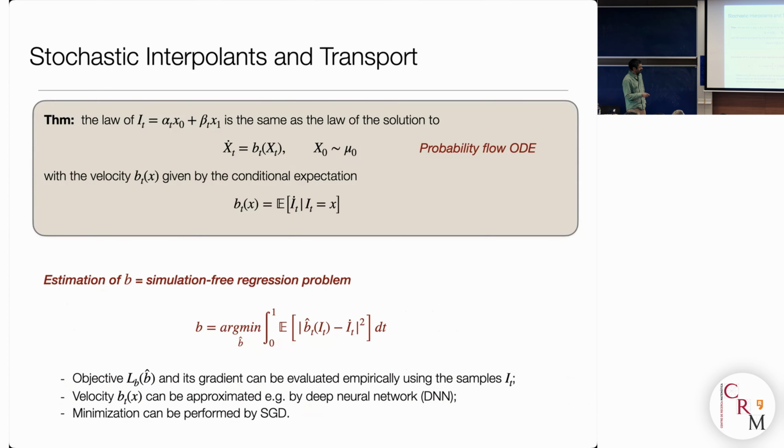And so what you can do now is use all the toolbox of machine learning, meaning you can represent b in a rich parametric class, a deep neural network, a transformer, what you have at your disposal. And then this becomes a loss for the weights or the parameters that you have in this parametric representation. And well, then you do optimization using the standard toolbox, meaning by stochastic gradient descent. And all the results I'm going to present to you later are based on this. Okay?